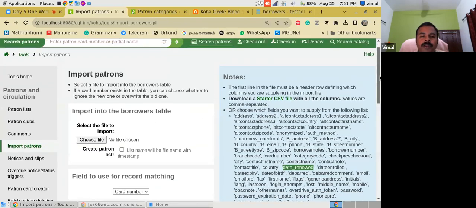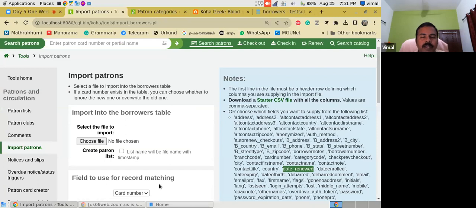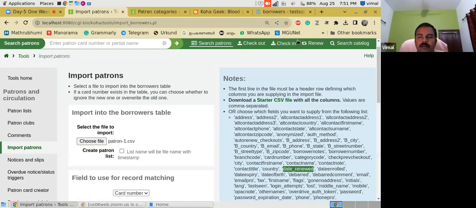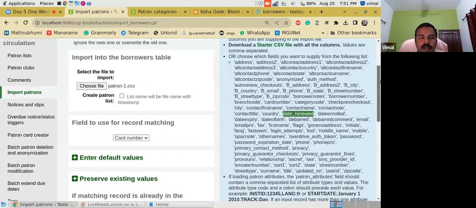Okay, we are going to upload it. We have created the file and saved it in CSV format. Choose file. We are going to upload it. Select it. Open. Then